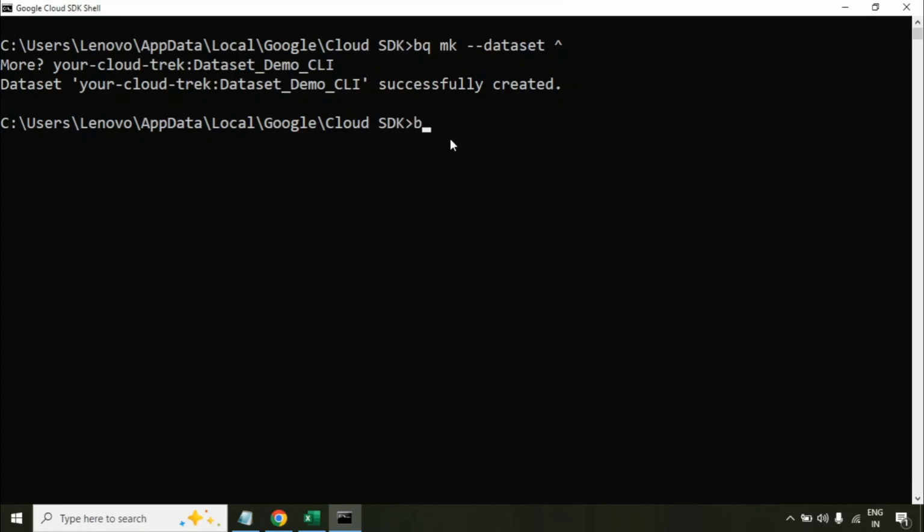I must write BQ for sure, because we are dealing with BigQuery. Now I will not write MK, right? I'm not making a table. Let me write the command, then I will explain the commands line by line. I will write load. So load is an operation. Okay, so bq load. Then I must write this caret,